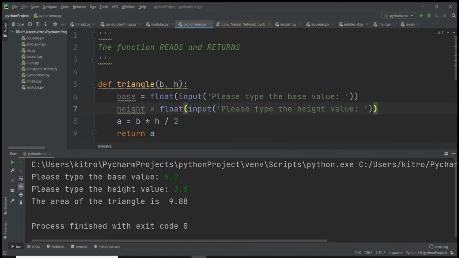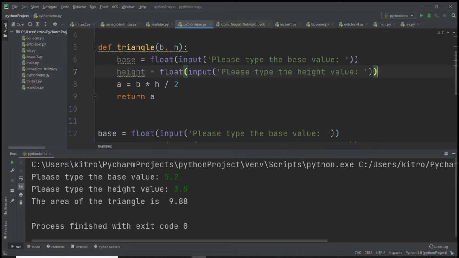So I cut and paste the base and the height float input inside the triangle function, and I just change now, because there's no b and h now, so empty parenthesis. So in every case the function reads the variables on its own. It actually does not contain local parameters. So now area equals base multiplied by height divided by 2,